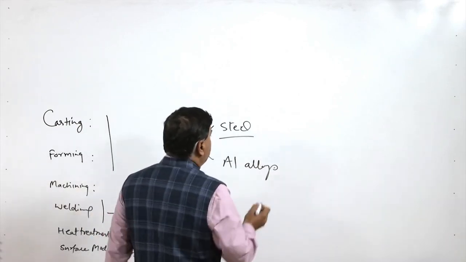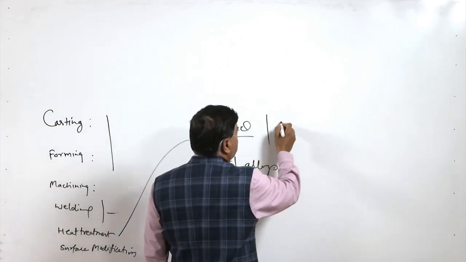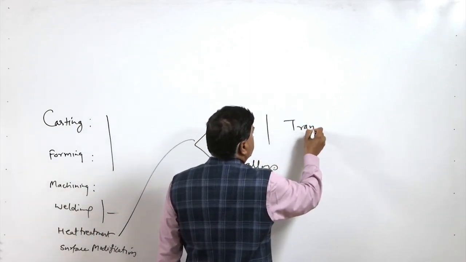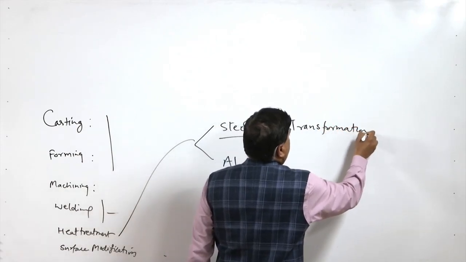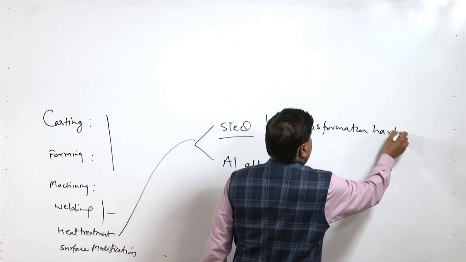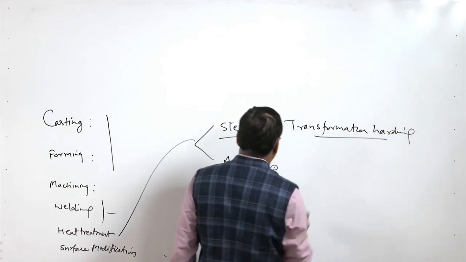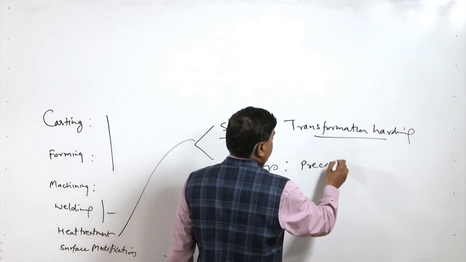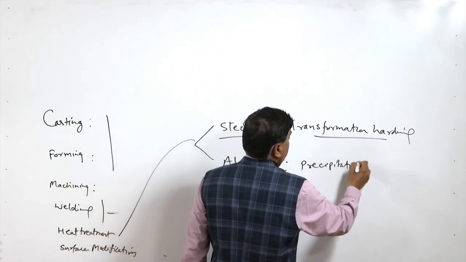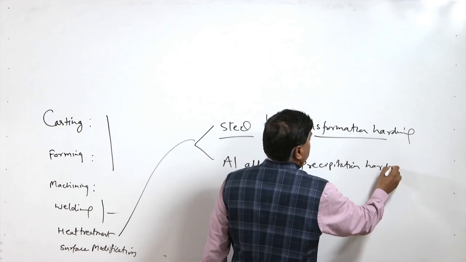So, for steel, we know that these are transformation hardening metal systems, and these are precipitation hardening